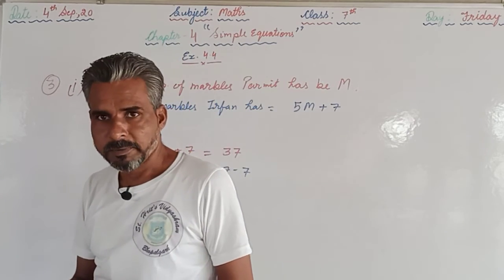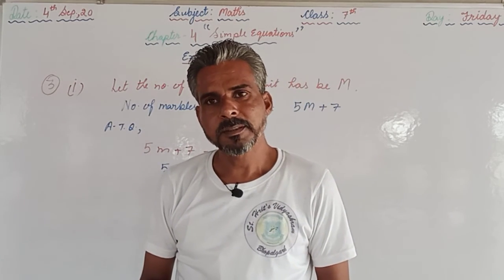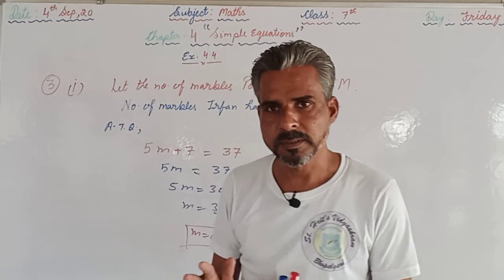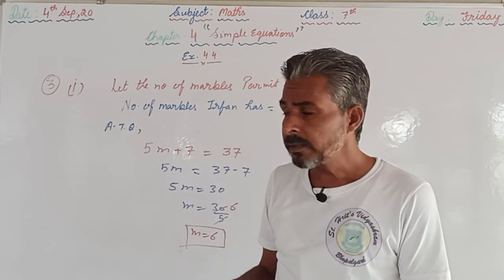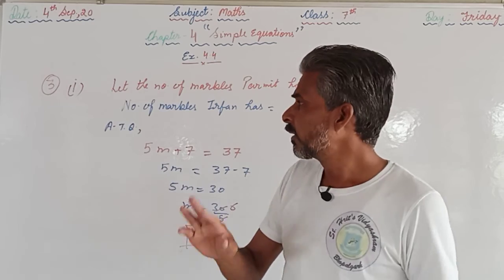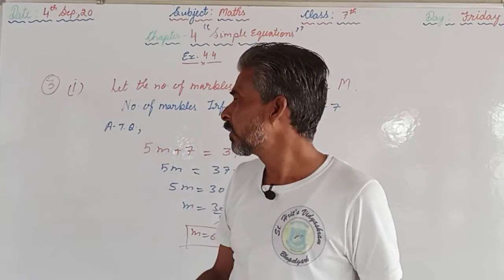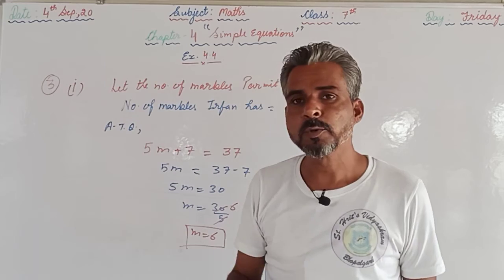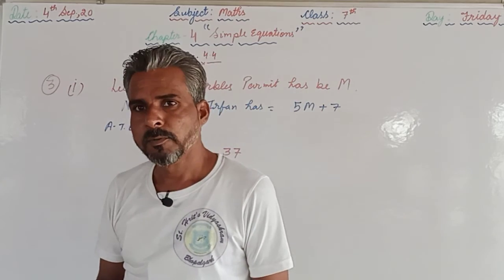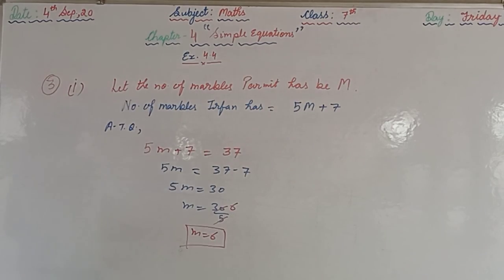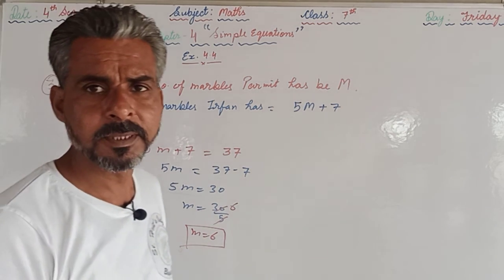I hope that you have understood and you will try the remaining part. At the same time, you are supposed to repeat all the questions which we have discussed today. Additionally, question number 3 has 3 parts. The first part is already done here, so the remaining two parts you are supposed to solve as homework. At the same time, one riddle is there in question number 4, so you should go through that riddle. If you can solve that, very good. Otherwise, in the next video we will try this.